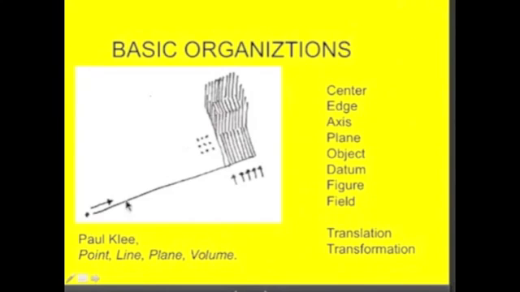So we see the line here, and the line is less a thing in itself than a reference. We can say, this is at the beginning of the line, this is at the end of the line. This is under the line, this is over the line. So the line could be understood as a datum. And datum is like a neutral reference plane against which difference can be registered.